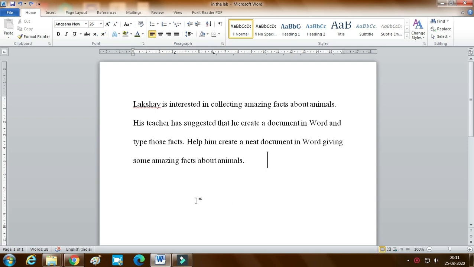Let us learn how to select a single word, a line of text, multiple lines of text, or a paragraph. First we shall understand how to select a single word in a sentence.